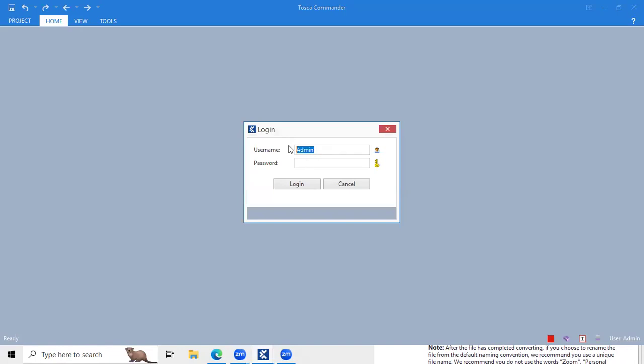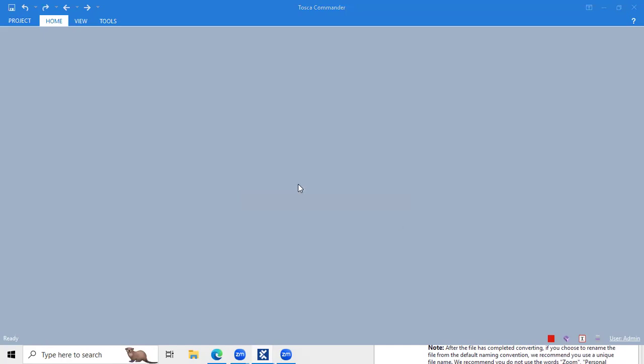So the first step itself is the user ID. And if you are creating the project for the first time, then you have to log in with admin credentials. Username is admin, password can be empty. Do a click operation on the login hyperlink. Once you click on the login button,